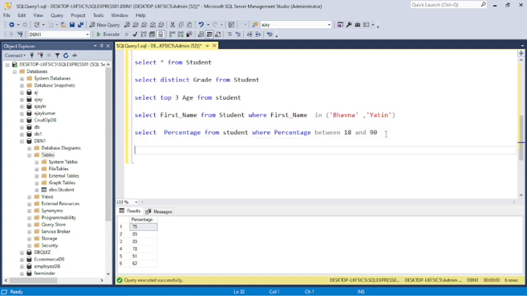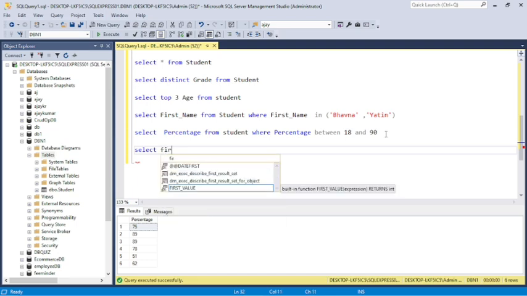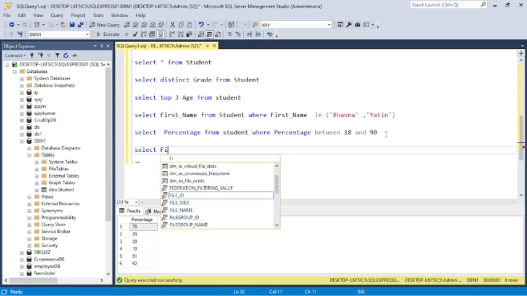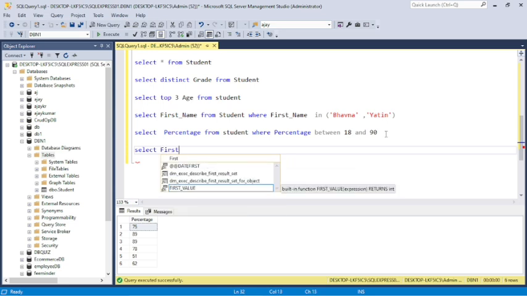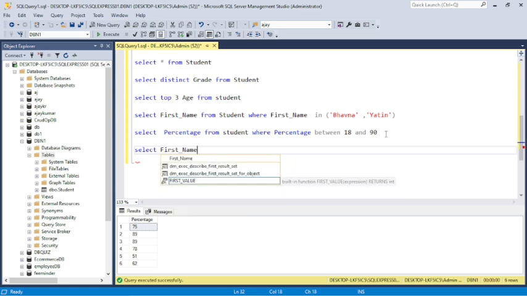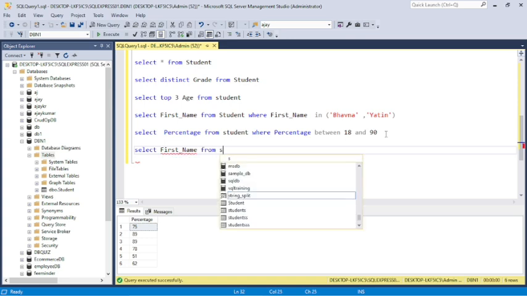Now we can see SELECT first_name FROM student.